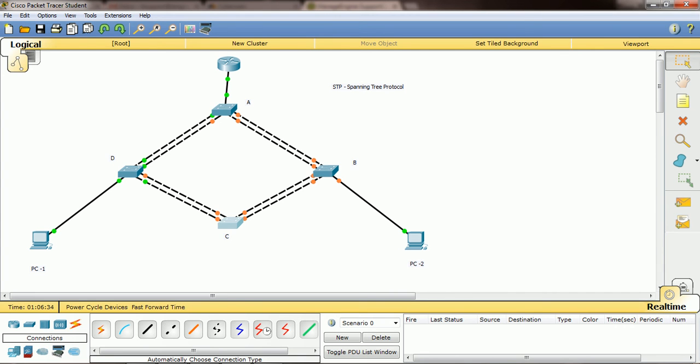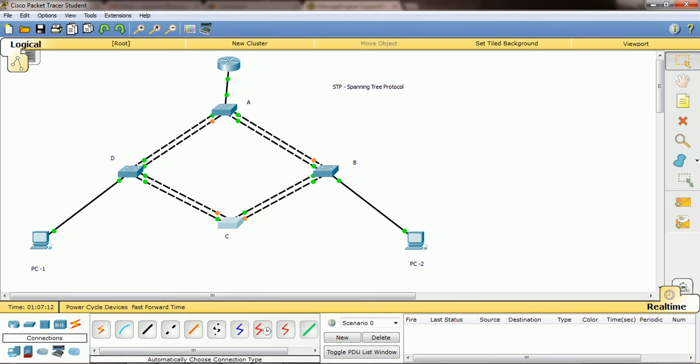Okay, yeah, see now you can see this side got temporarily down and this got up and this got up on this side. Okay, let's wait because this side is still down. See, now it's come up. You can see now from switch A to D it is coming, from switch D to C it is coming, and from switch C to B it is coming. So now this is the communication that is going to happen. Wait 1 minute. Also this side too is enabled.